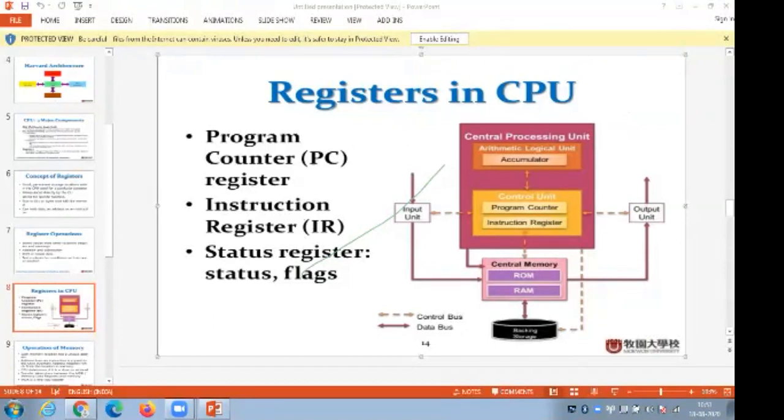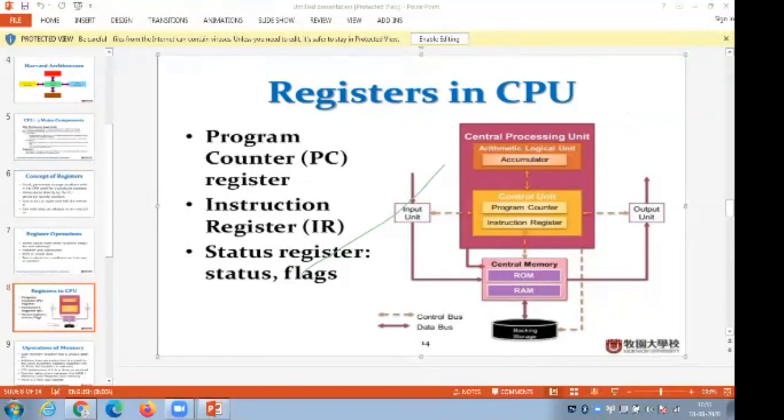What does the accumulator do? The accumulator is a temporary storage register used during arithmetical and logical operations. If you give the letter A, it takes the letter A. If you use the letter B, it takes the letter B. And then it asks what is the logical operation between them. Then if you give the plus, it takes plus. So that is what the accumulator is going to do.